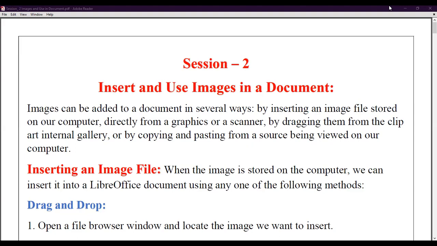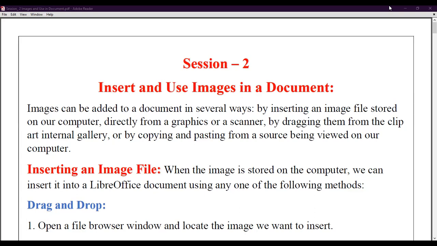Because an image can say more than words. Yes, you also agree with it? Because when we see any kind of image, picture or data in a pictorial form, it conveys more detailed information. So if we are willing to create a very beautiful as well as informative and eye-catching document, then we must ensure that we are inserting some kind of images in our document.